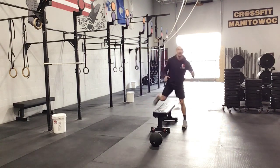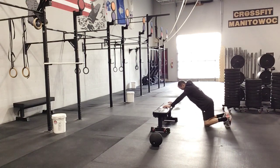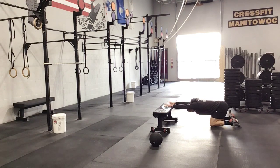When we do that, keep your bench out, and this is the thread the needle, right? So knees and shoulders same height as my hands, right? So I'm trying to kind of sit back like I'm in a child pose, but then the thread the needle